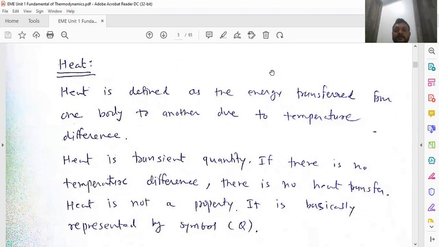So in such a case, we can say that work is converted into heat, and simultaneously the reverse is also true. Heat is also converted into work. So heat and work are mutually convertible. Whenever you need work, you have to supply heat energy. For example, if we need work in the form of motion in automobile vehicles, then you have to apply heat energy, fuel energy. In the form of fuel, you ignite it, and then heat energy is converted into work.